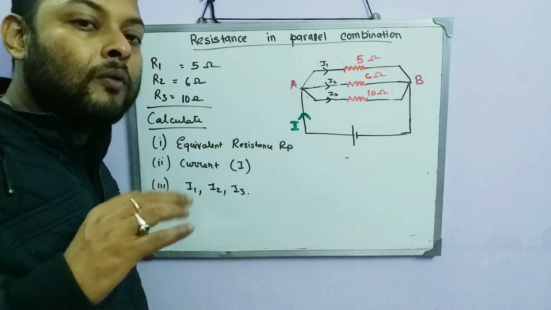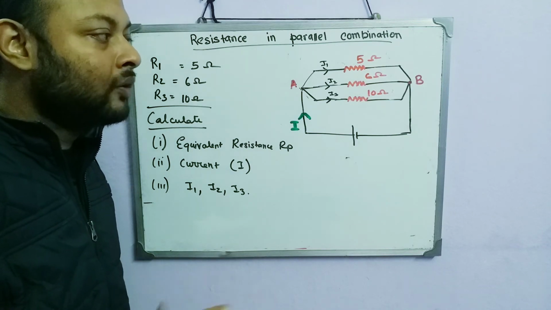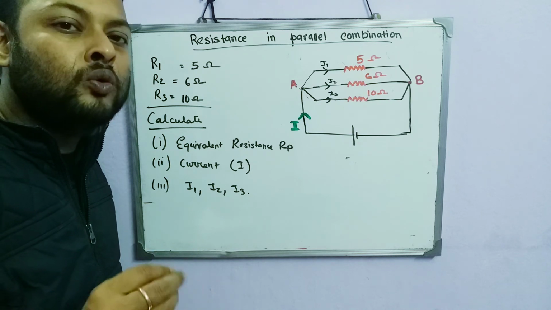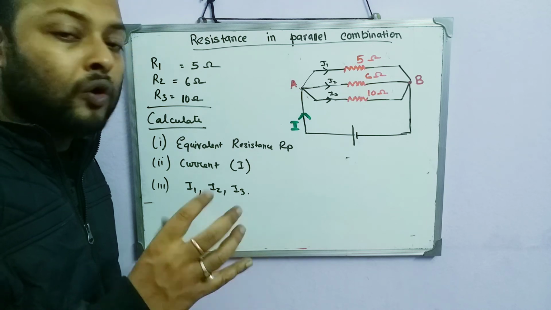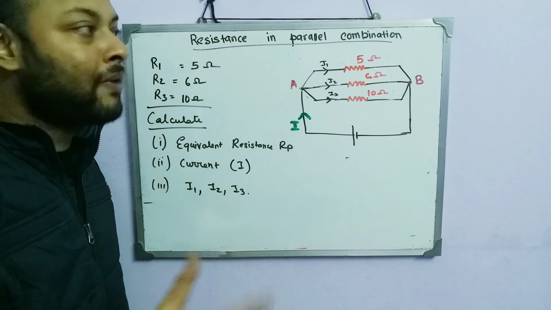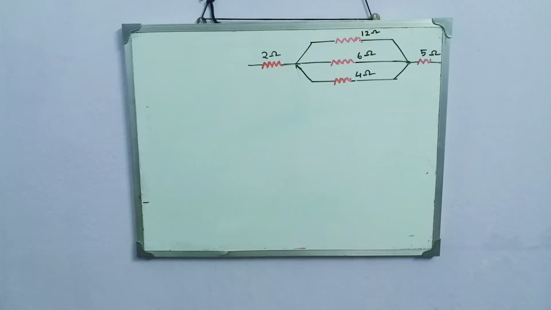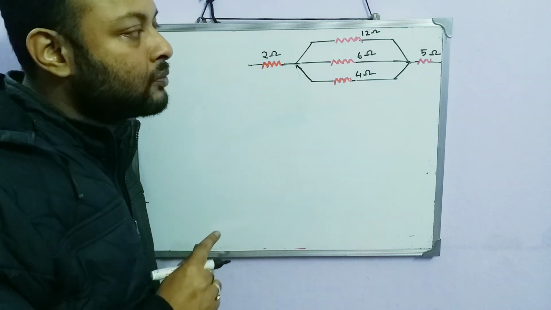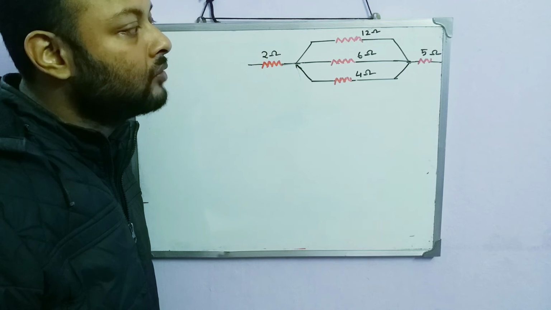and we will solve one more sum, because I think one more topic is left. When we combine the resistances in series as well as in parallel, then what happens? This topic could be understood when you do one sum. So I will do one small sum to make you understand the combination of series and parallel resistances. This is a question where you have a series resistance and parallel resistance together. So how to solve this sum?